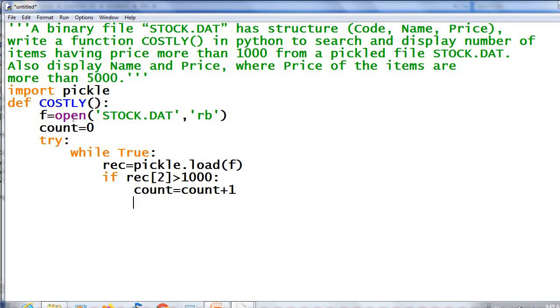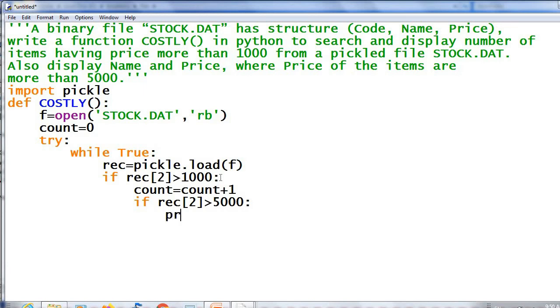Then we have one more condition to check, that is where the price of the items is more than 5000. So if the price is greater than 1000, we can check whether the price is greater than 5000. If it is greater than 5000, we have to display name and price.